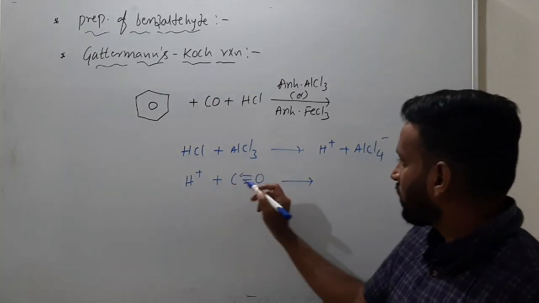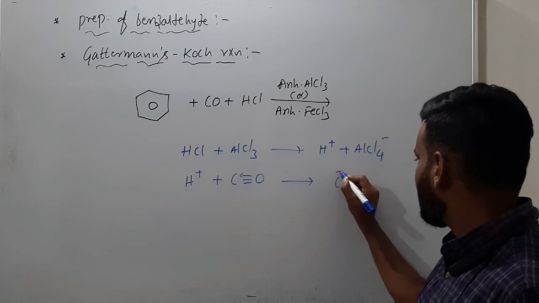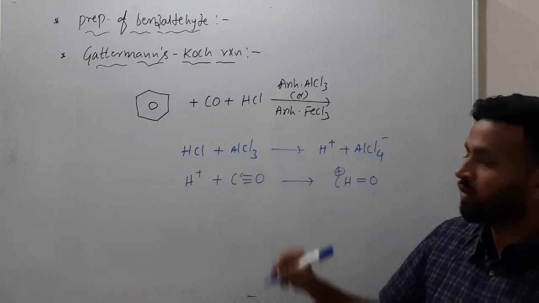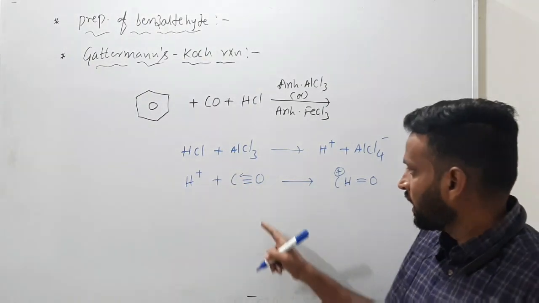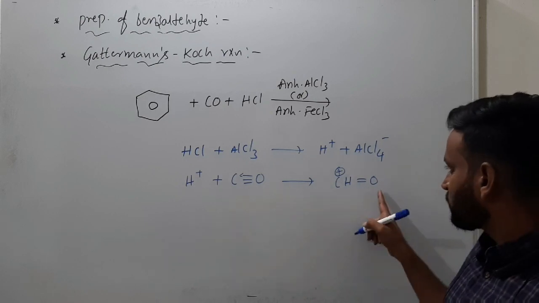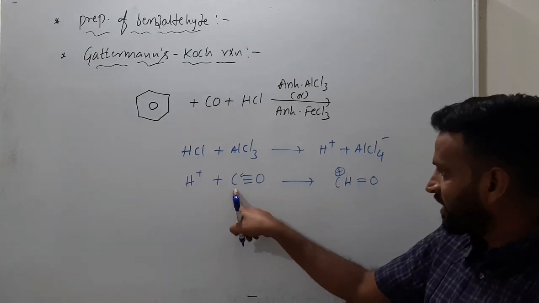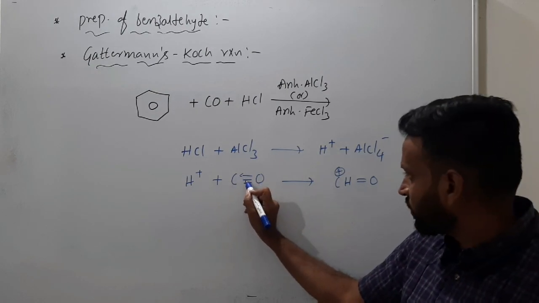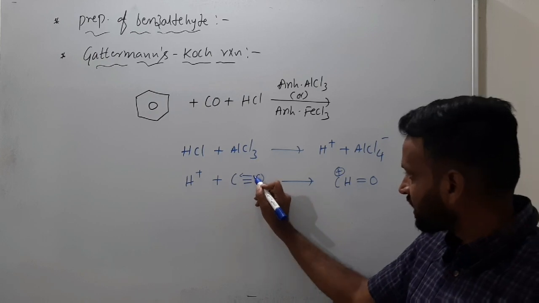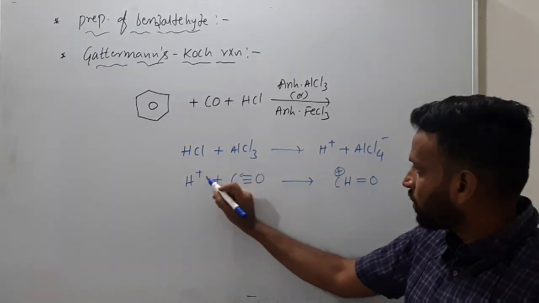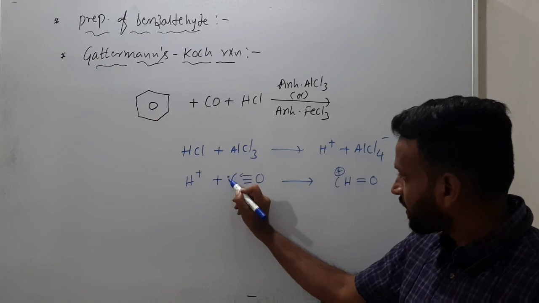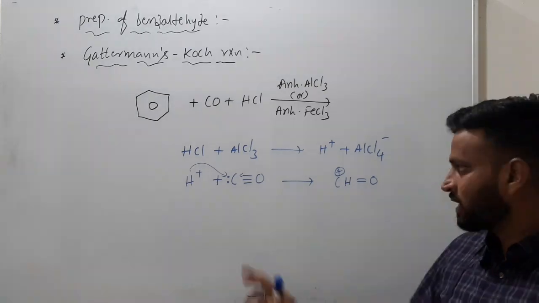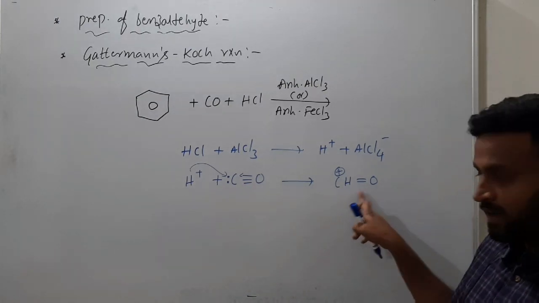Now what happens here? Hydrogen will add on the carbon monoxide. Understood? Double bonded oxygen means no charge. So H+ adds here by taking an electron pair, because carbon utilized only 2 electrons for 2 bonds and the triple bond to oxygen. So here it has one lone pair, and that lone pair is accepted by H+. So that's why we get CH+ double bond O.